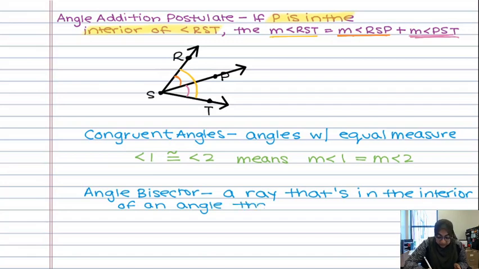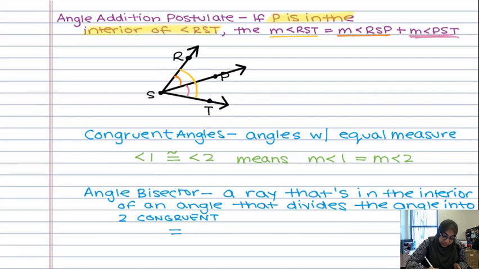that divides the angle into two congruent, remember congruent is this symbol right here, angles, into two congruent angles. So if I have this angle right here,